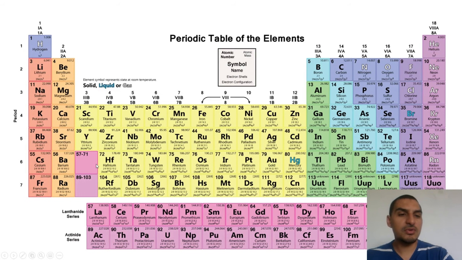If we take a look at the periodic table, just to think about it before looking at the numbers in the chart, I would expect that this column would have the highest electron affinity. They need only one electron to get to the stable state. So I would expect this column to have the highest electron affinity, and I'd expect the stable states to have the least